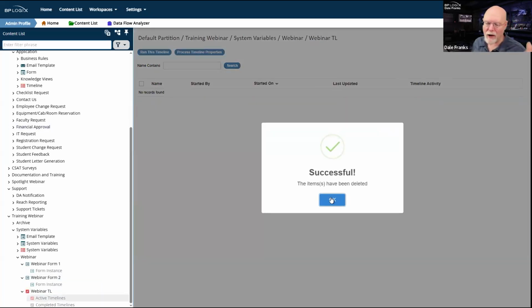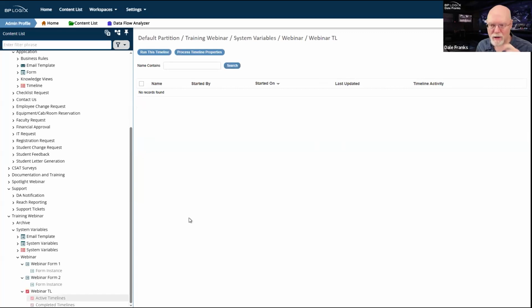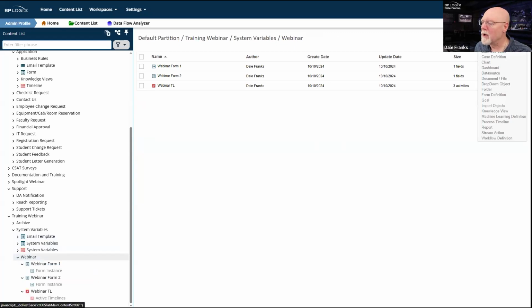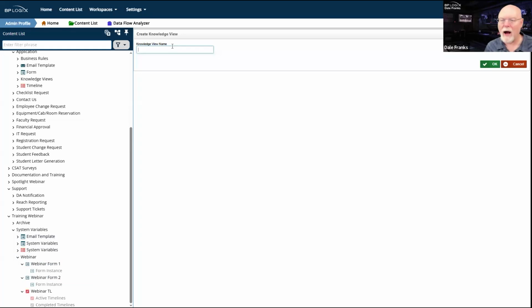So now I've got 3 timelines and 6 form instances. I need to query this. So we're going to create new, and we're going to create a knowledge view if I can figure out where K exists in the alphabet.